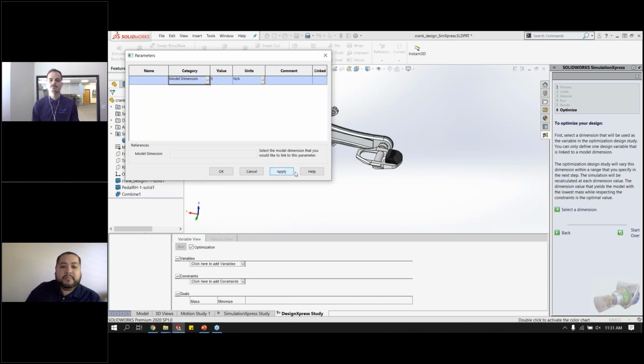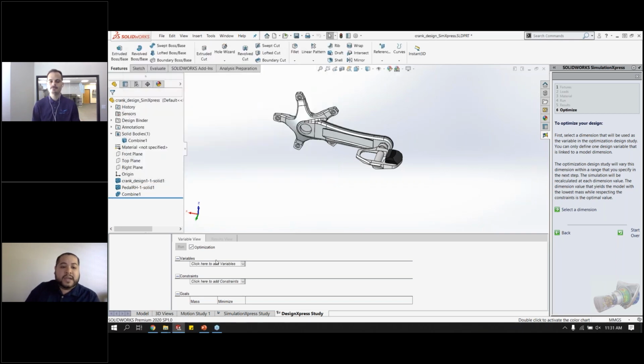So you can have the interface make these changes for you and try to define constraints where it shouldn't exceed a certain stress, and then optimize to a goal to, say, minimize the mass. So it kind of takes you from design iteration to optimization all within this wizard, and very easy to use there, okay? So in this case, to recap on what we just did here,